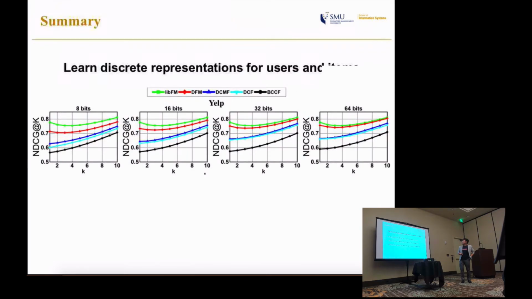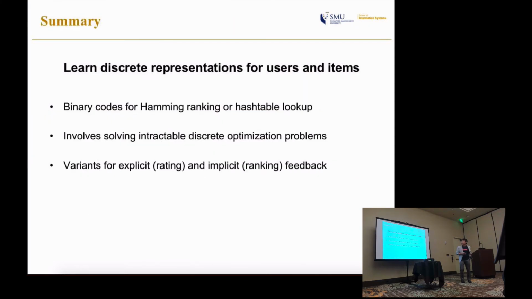All right, I think let's summarize this here. So essentially, what we talk about here is a way to achieve discrete representation, which are going to be used for Hamming ranking and hash table lookup. Now, if we look at the objective in terms of the tree,